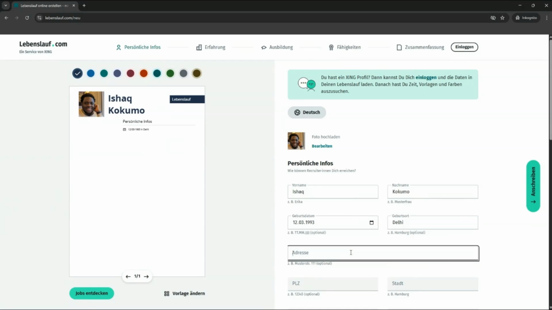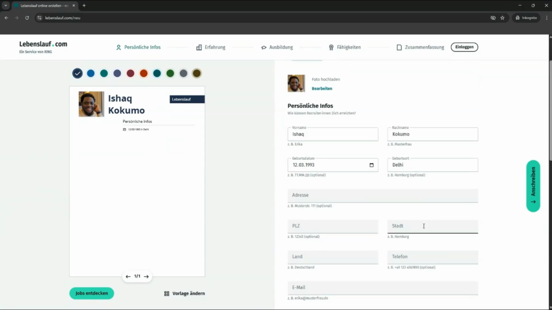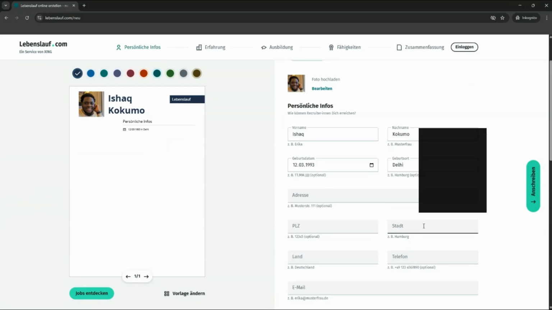And then of course you can type your address, but you do not have to type an address. In this case, you don't need one because your CV will probably be published in different places depending on the strategy you're using to apply. So that's why I will say don't put your full address, but you can put your postcode. It's also not necessary. One of the things you have to put definitely is the city where you live in. So for me, I'm going to put in Berlin,